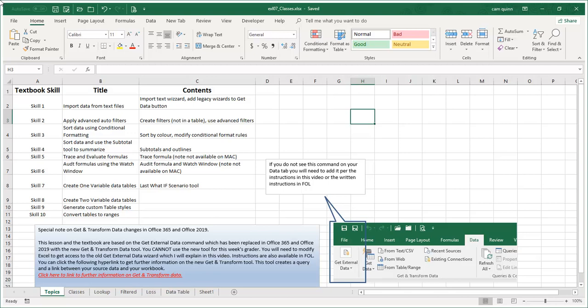You will not be penalized in your grader assignment this week if you don't have the trace or audit formulas or the watch window active. They will be mentioned in the grader, but there's special comments in there around how you deal with that for a Mac. We're going to take a look at the very last of the what-if analysis tools,